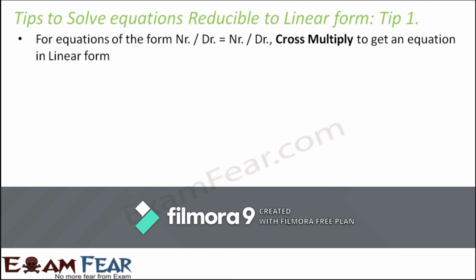So whenever you find an equation of this form, where you have a numerator divided by denominator is equal to a numerator divided by a denominator, where these numerators and denominators are algebraic expressions. Like they could be anything like 2x plus 3, x plus 9, y plus 2. So anything of this sort. Let's take an example: 2x plus 3 divided by x plus 9 is equal to 1 by 2. Or sometimes even on this side you might have these kind of expressions.